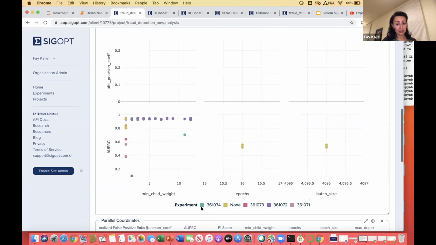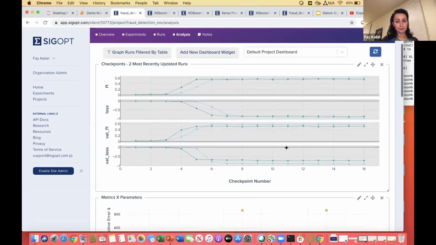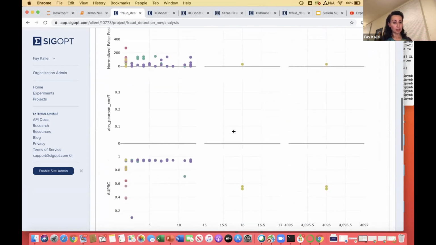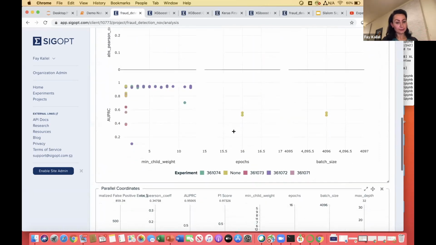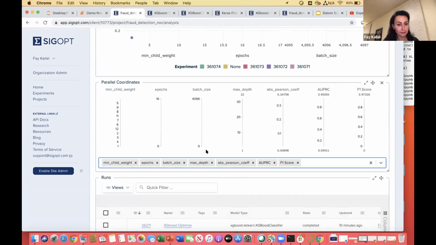And you can see every single optimization experiment is color-coded, so I can discern where things landed. This shows me some of the Keras deep learning model work, and this shows me all the experiments and everything together. I can also look at the parallel coordinates. What I'm going to do here is remove some of those early feature metrics